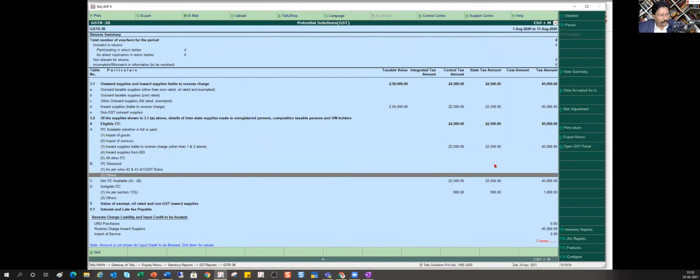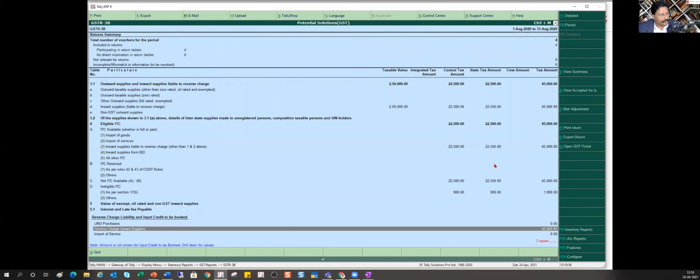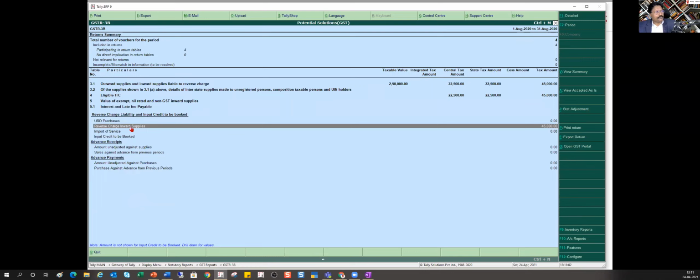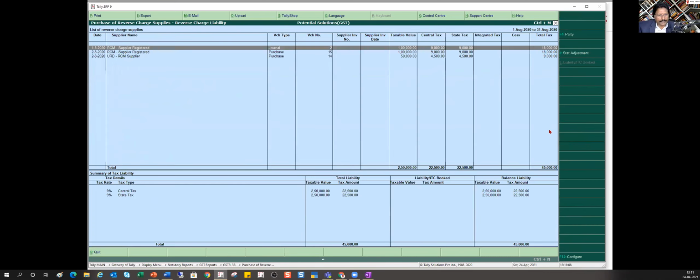Now let us see here. I'm just going to press Alt F1. It says you have reverse charge inward supply for which there is 45,000. When you select this and press enter, it tells you again that these are the three vouchers for which you are supposed to pass entry to impact your books of account for reverse charge.